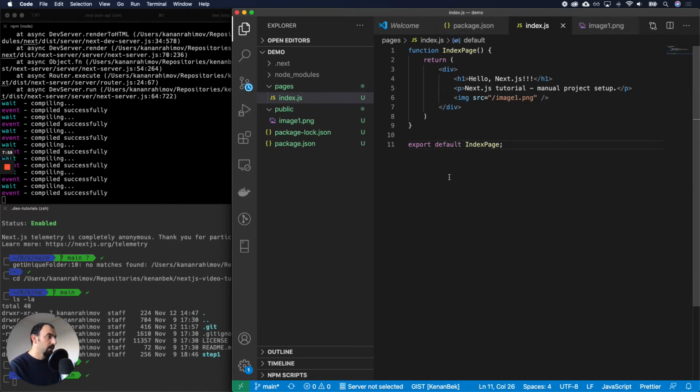Yeah, I think for the first part, that's it. So to set up a project manually, you need to have package.json. You need to introduce pages and at least one page, in our case it's index.js. The thing with this in index.js,